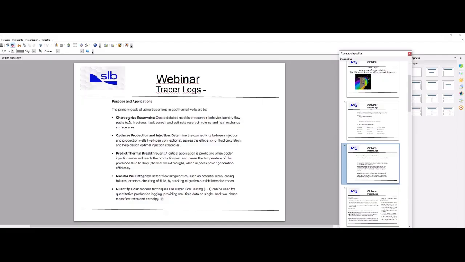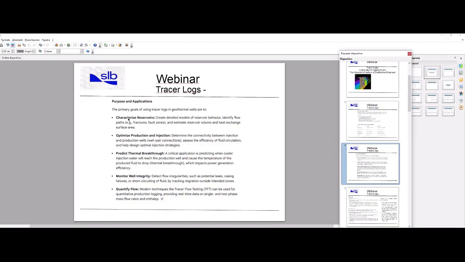Predict geothermal breakthrough. A critical application is to predict when cooler injection water will reach the production well and the cause of the temperature drop. Also another function that is very important for the tracer log is monitoring well integrity, detect flow irregularities such as potential leaks, casing failure,